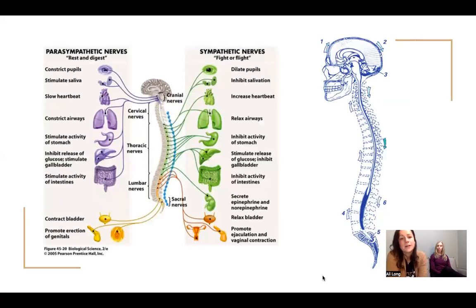So you can see here the importance of the nervous system, the importance of when we do craniosacral therapy. This image on the screen is just one that I found online. On the left, it shows us the parasympathetic nervous system, and on the right, the sympathetic nervous system. That sympathetic nervous system is when we kick into fight or flight. Our pupils are dilated, we have heavier salivation, increased heartbeat, and our body was trained, from the very inception, that